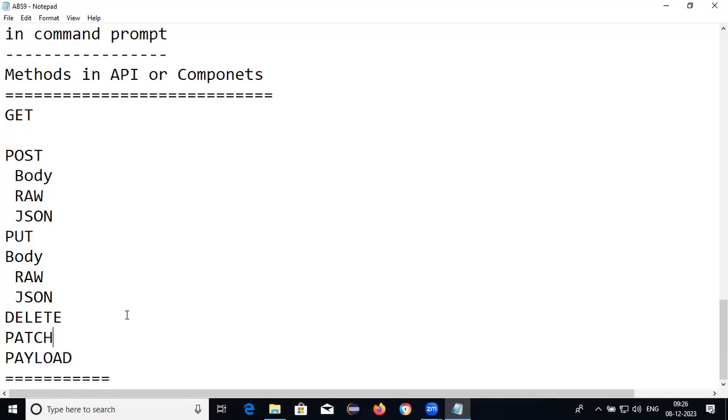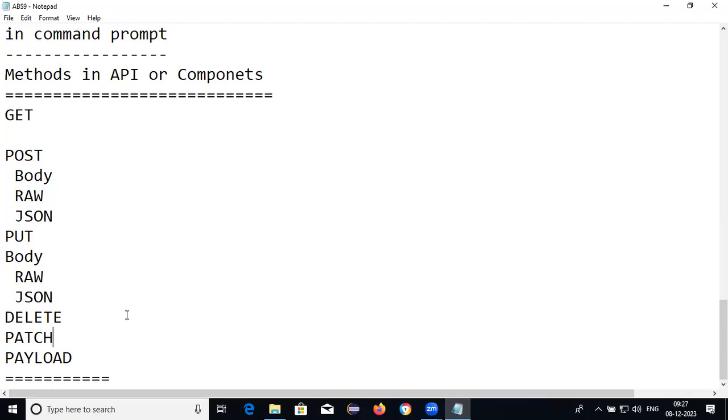The next one, payload. If you want to provide any request through payload, the response also we are able to get through payload.